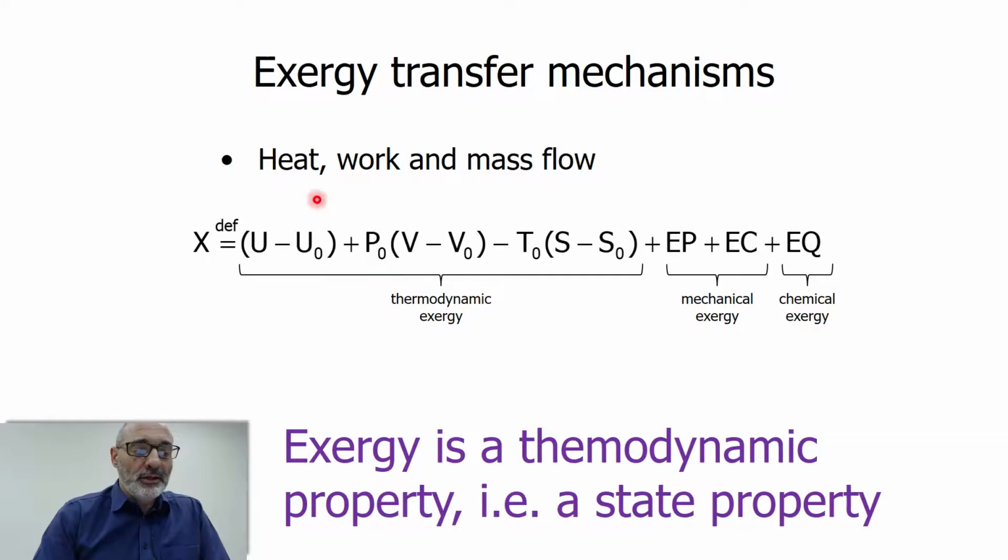This is going to happen through heat, work, and mass flow, and we're going to analyze each one individually. Just to remember, thermodynamic heat, exergy of a closed system, and possible other components: mechanical exergy, chemical exergy, magnetic exergy, and so on and so forth. So the first